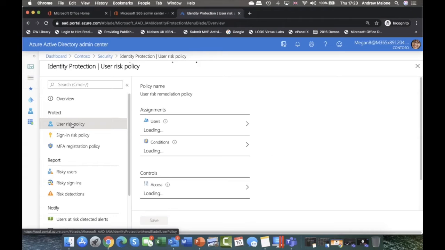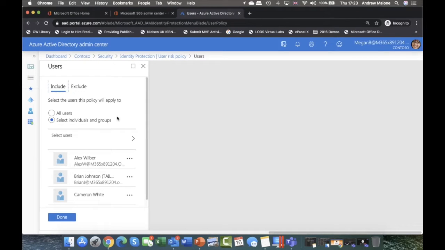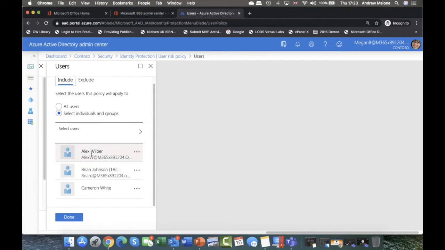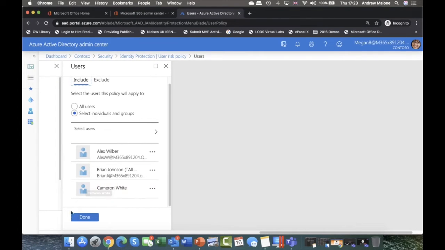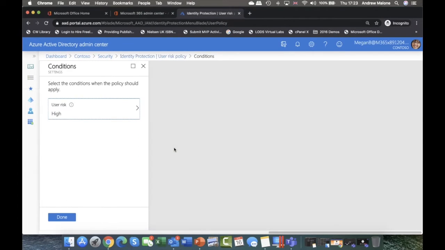So first of all, we go to a user risk policy. And the first thing we need to do is identify our users. You can either include these particular users or include everyone except. So you can either do a whitelist or a blacklist, if you will. You can see here, I've identified three of my core users within my organization. So I click on done there, and I'm now going to say, okay, these users under these conditions,